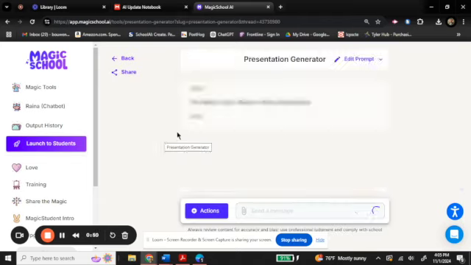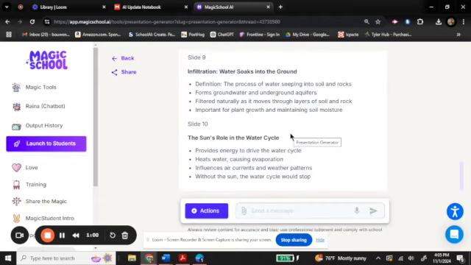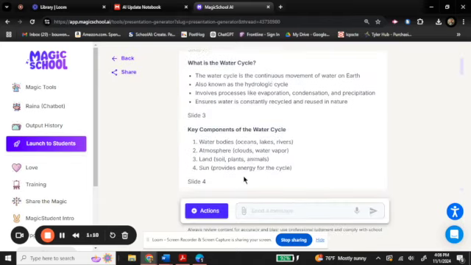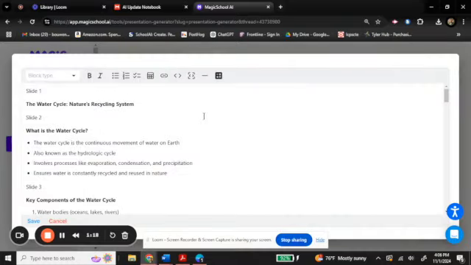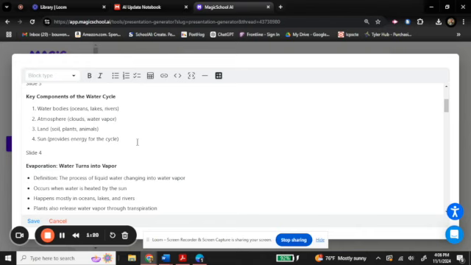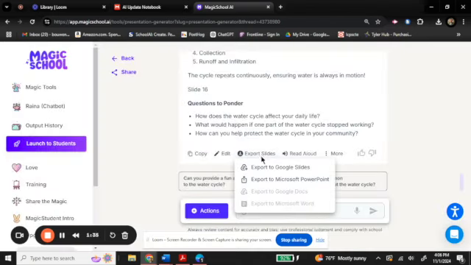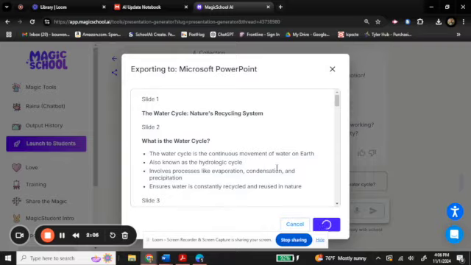Go ahead and click that generate button and watch the magic happen as the AI works and generates an entire outline for your presentation. If you see something in here you don't like or there's something you want to change, go ahead and click that edit button at the bottom. It opens up a new window where you can make changes to the entire outline. Once you've finished editing, you go back to that bottom and click export, and we're going to download it as